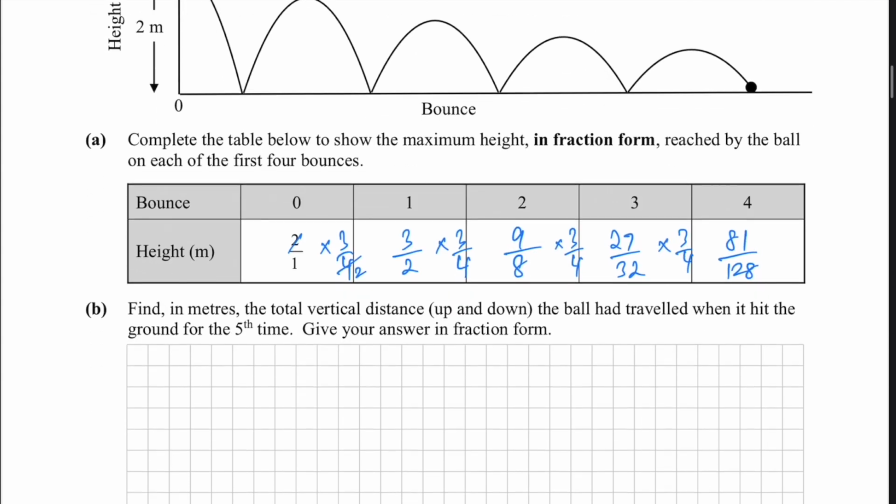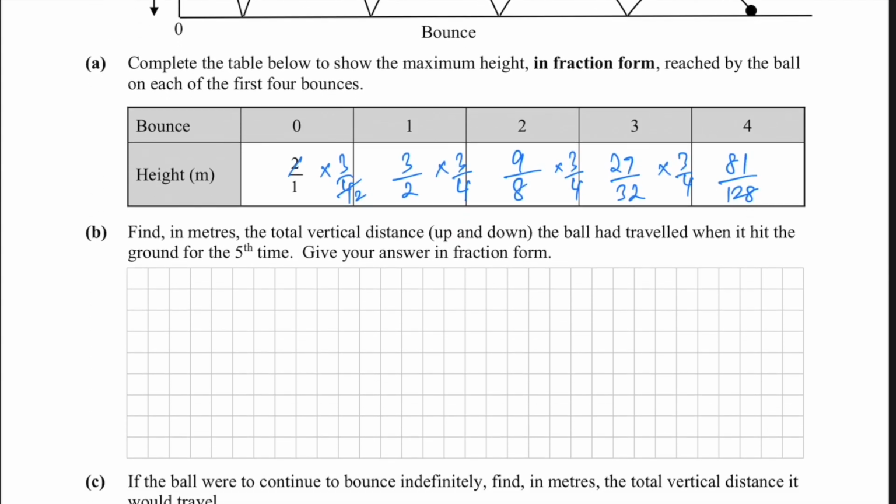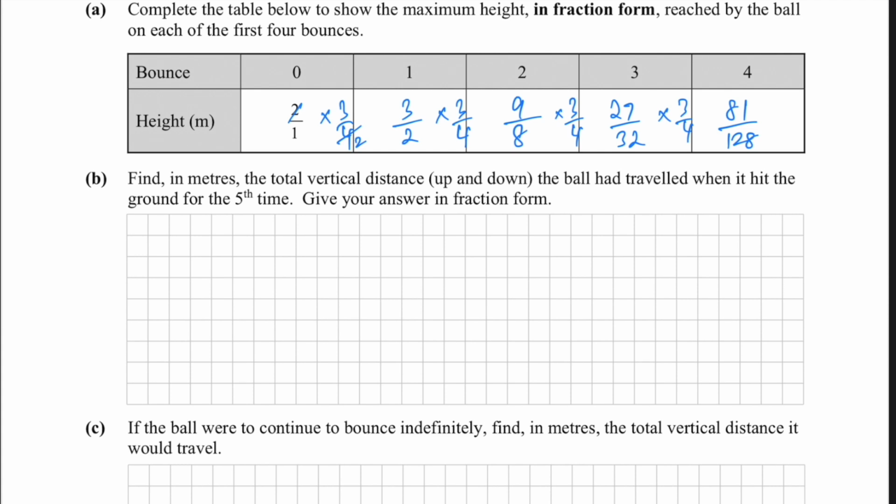81/128. Next, we have to find the total vertical distance, which includes up and down, that is, while it's going up and when the ball is coming back. We have to calculate this until the 5th time, and the answer also has to be represented in fraction form. For the first bounce, it is 2. Then for the rest, it is 2 times 3/2 plus 9/8 plus